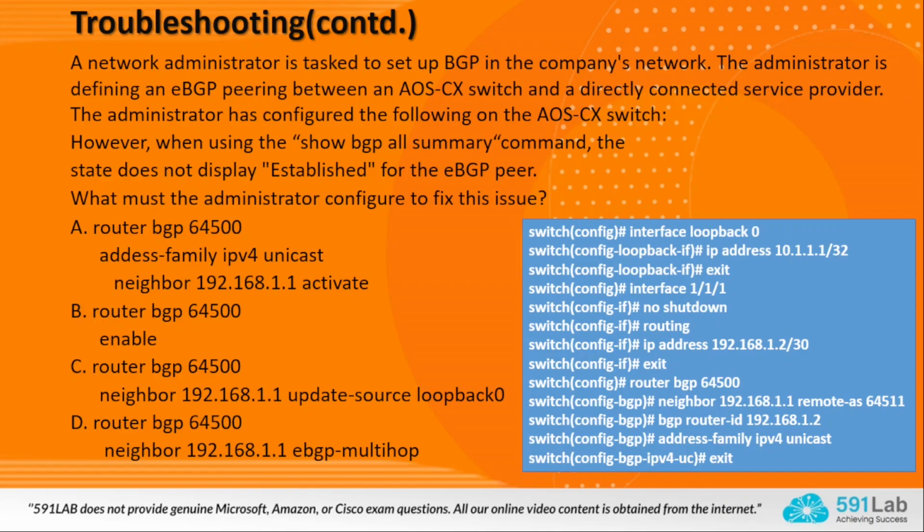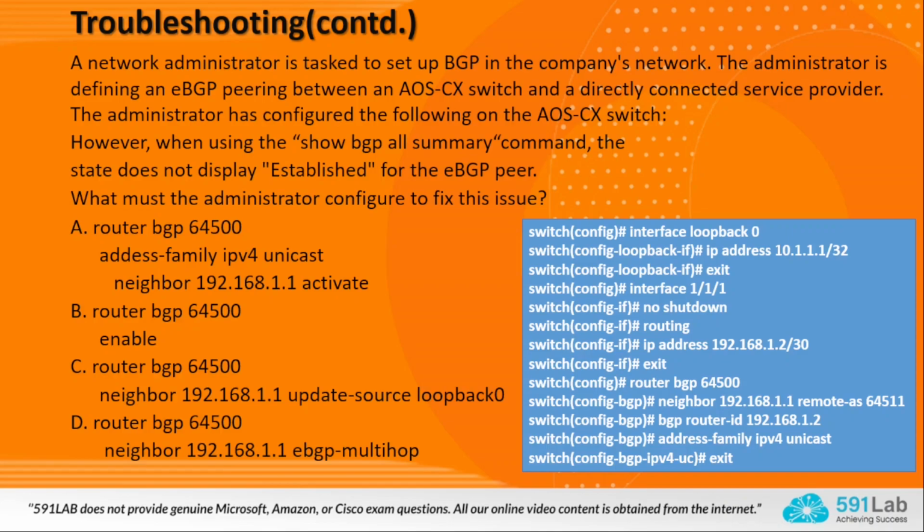Okay, let's look at the example, the configuration done, and that is shown here. Let's analyze the BGP configuration. So interface loopback 0 is configured and its IP 10.1.1.1/32 is done, and interface 1/1/1 is the routed interface, which has 192.168.1.2 assigned with /30. So 192.168.1.1 is a directly connected neighbor, because it's a /30, so it should be a point-to-point link, and router BGP